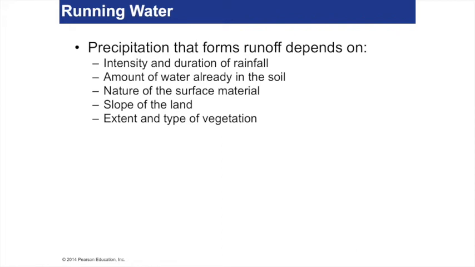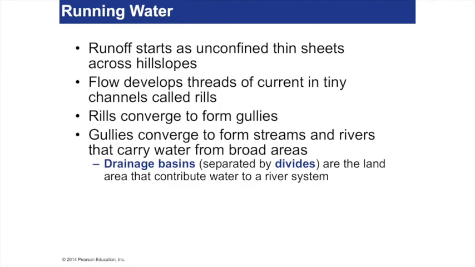That precipitation is instantly soaked up by the ground, because the ground can absorb a lot of water. If the amount of water absorbed by the ground isn't enough for the rain, then the rest of it is called runoff. And runoff is simply water on top of the ground that's trying to make its way to a stream. All right, so as runoff starts, it has tiny little sheets across the hill, and then they form very teeny little tiny streams,